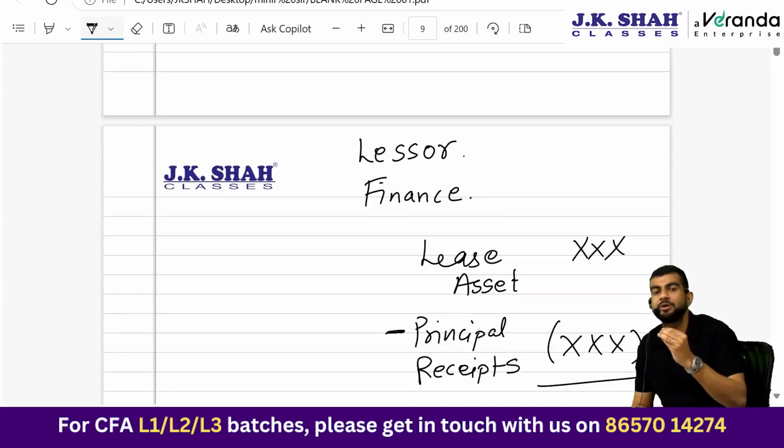When it comes to accounting treatment for an operating lease in the books of lessor, super simple treatment. Don't touch the balance sheet at all. Let lessor retain the balance sheet on his own asset. Whatever lease rentals the lessor is getting, he will simply credit to P&L, the entire lease rental. And the cash flow statement, as I said, will always form a part of CFO, cash flow from operations, for the lessor. Is this clear enough? Okay, fine.